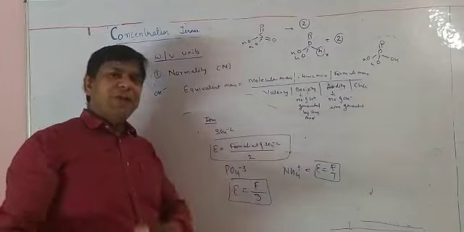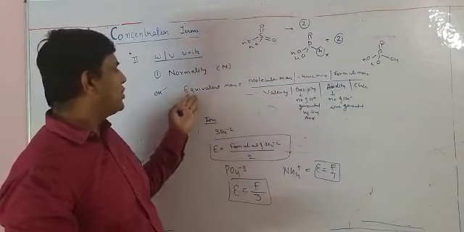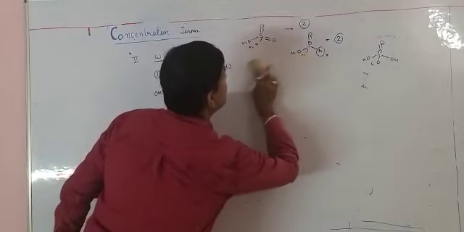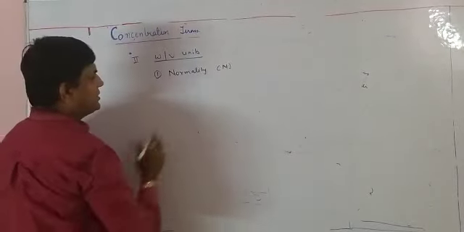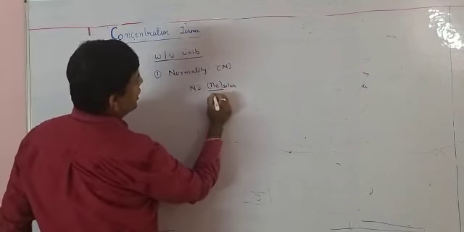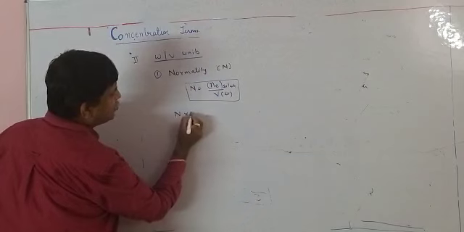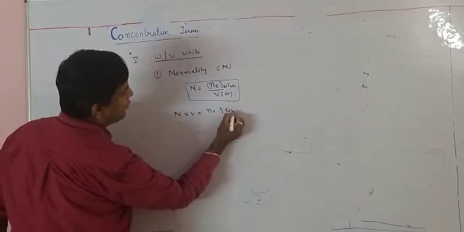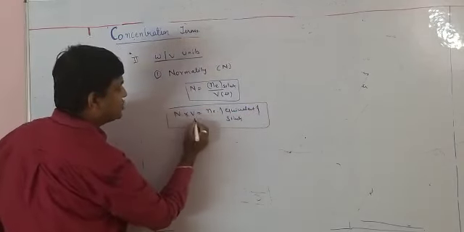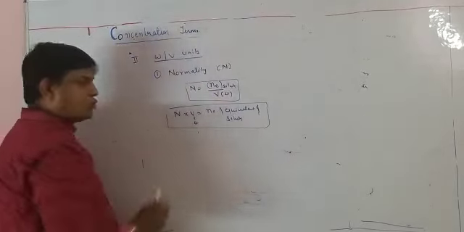And when you are able to find the equivalent mass, it's very easy to calculate the molecular mass, and by knowing the equivalent mass, you can also calculate the normality. So move ahead. If I rewrite the formula of the normality, normality is equal to the number of equivalents of solute upon volume in liters. This is formula number 1. So normality into volume would be equal to the number of equivalents of solute. Remember this point, the volume should be in liters. We are using this formula to calculate the number of equivalents.